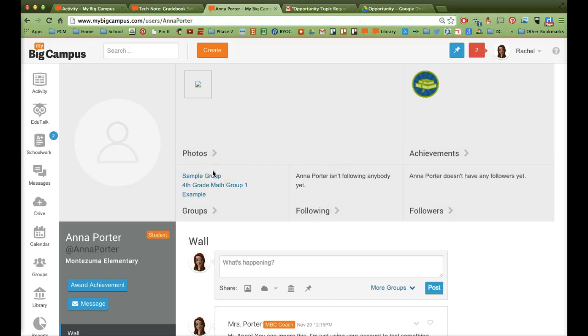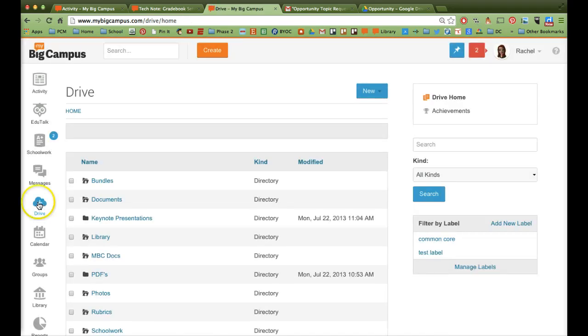because if you're awarding an achievement to multiple students at once, that would take you forever to search for everybody and click on the button and add them. So you can do a shortcut that allows you to award the same achievement to lots of people at once. So I'm going to click back to Drive over here,